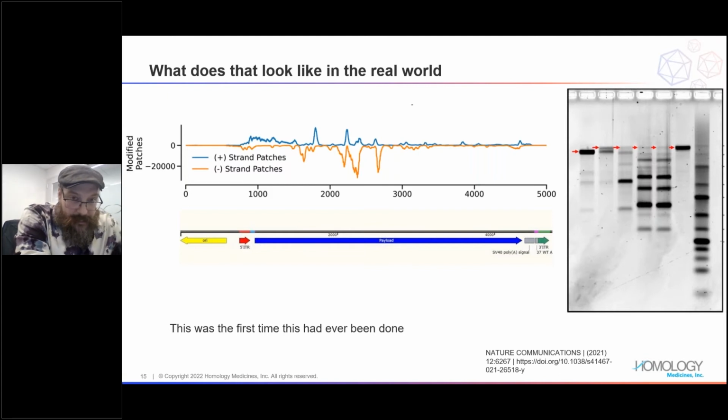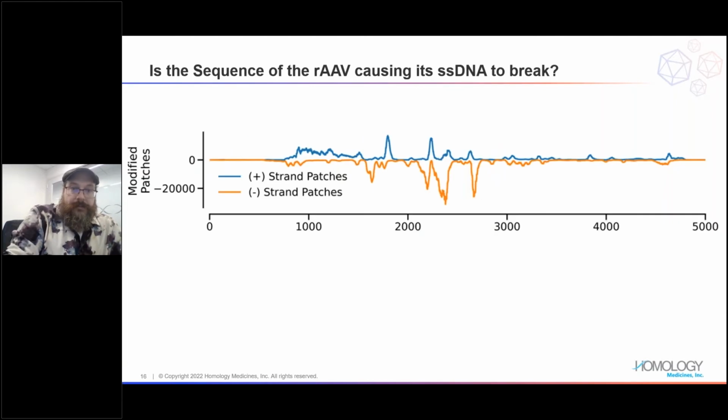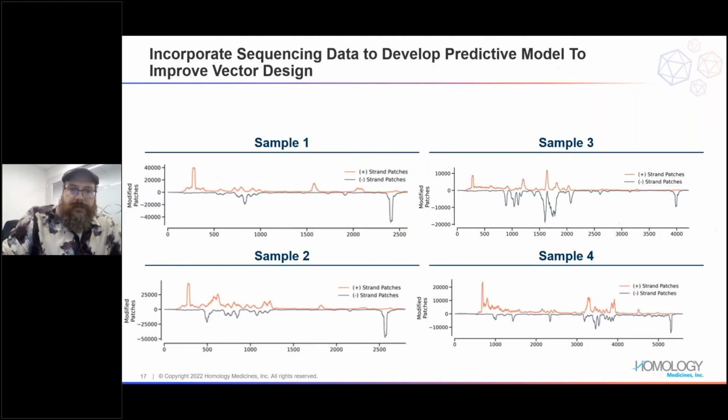And we're really excited because, as you can see here, we were actually able to map out where the positive strands were breaking, where the negative strands were breaking. So, of course, that allows us to do things like you will see on the next slide, which is we can have these iterative designs. We can go back to our old drawing board and go, oh, okay, well, we need to fix this part, and this and that, and this and that.